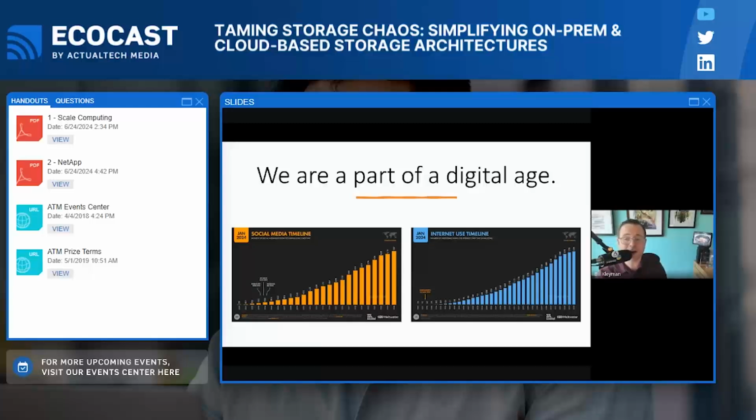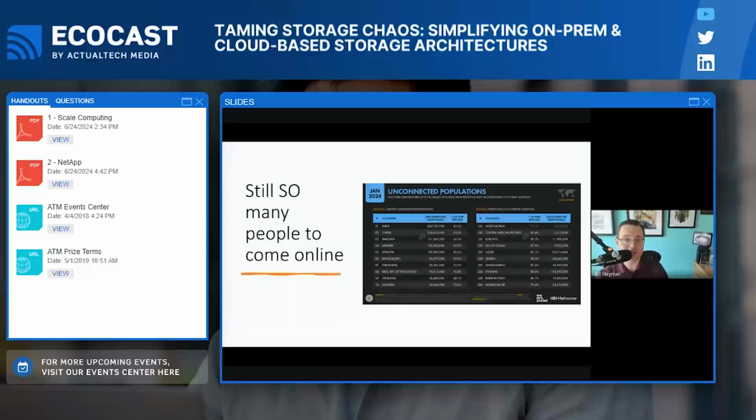Now, we have come a really long way, but believe it or not, the topic of this conversation, taming all this storage chaos, is because we're going to have so much more data that's going to be created. We have entire populations still not connected to the internet. For example, about half of the world in India not yet connected, and looking at China, Pakistan, and the rest of the world, where we are still going to actively see more folks coming online and leveraging more of these data systems. And believe me, none of this is going away because we are still connected.